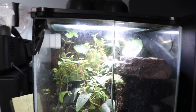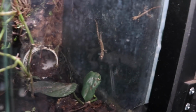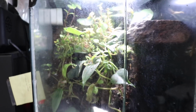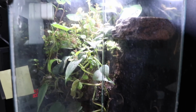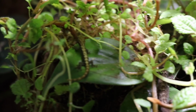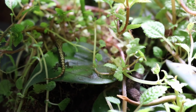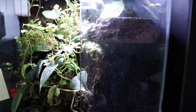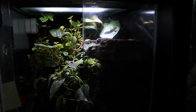Now it is time for the Morning Gecko Bonanza. The Morning Gecko Madness. Look at all these geckos. They are everywhere. If you are in Canada and you want some morning geckos, they are a very, very cool species of gecko. I love them to death, and I think they're really, really underrated. I think they're becoming a little bit more popular now, which is cool, but very overall underrated species, and so rewarding. They do little squeaks, they do vocalizations, they make their own kind of hierarchies, which is really neat. They're very cute. They live actually with dart frogs very, very...